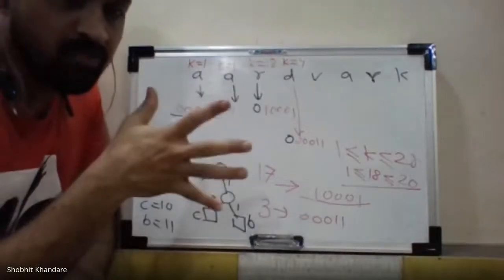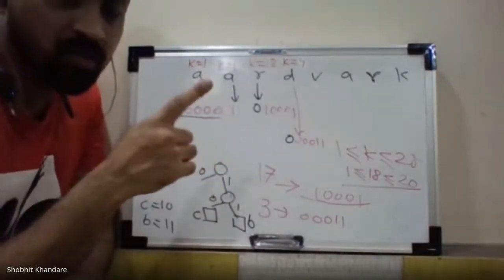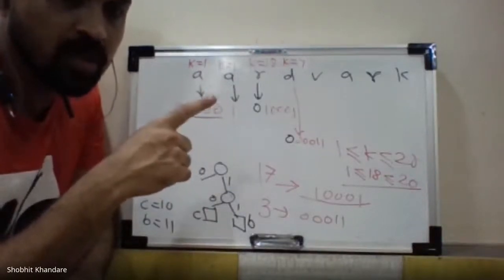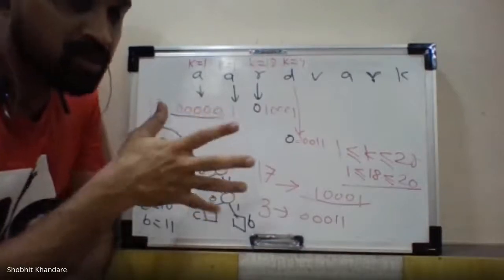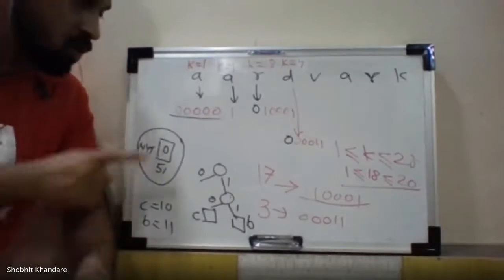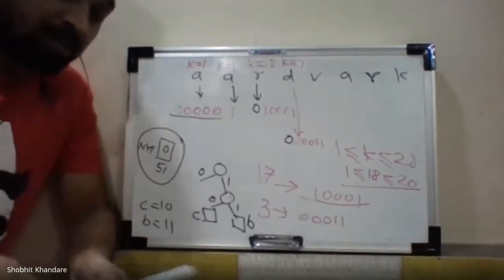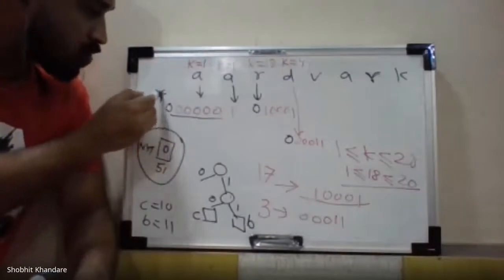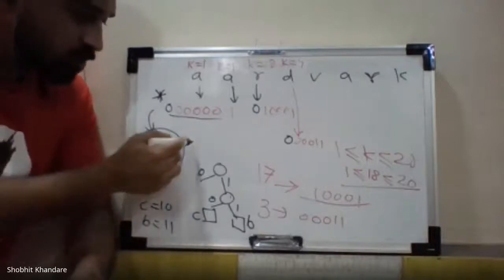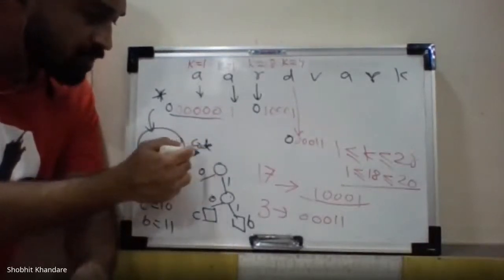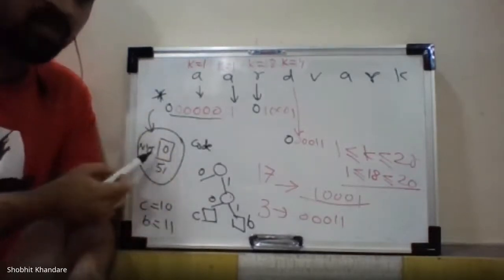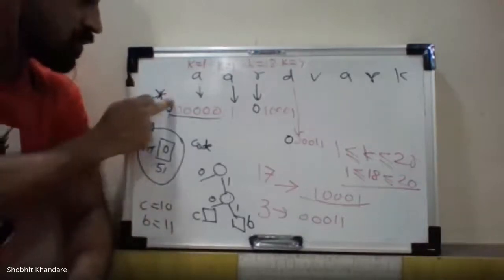The 5 bits will be used to represent K minus 1. So what is K? 1. 1 minus 1 is 0. So how do you represent that 0? That has to be represented by 5 bits. That's why you have 0, 0, 0, 0, 0. I hope you have understood this. Okay. So please remember, where you previously put that 0, you write an asterisk. After writing the asterisk, you can just mention this diagram. Also, if you want, you can write down the difference between the code and the fixed code so that you will be able to understand. Okay. So for the initial, the NYT code does not exist. That's why we will not consider 0.